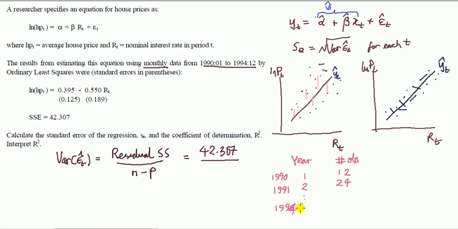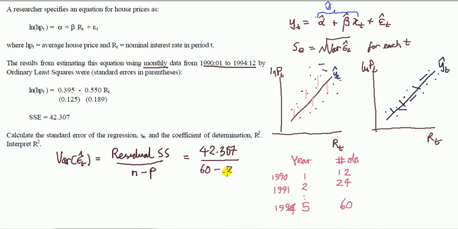So how many by the end time we've reached 1994? Well, it's easy. Some students just think it's 4 years between 1990 and 94, but it's not. It's 5 years. So the number of observations is 5 times 12, 60 observations. So here n is 60, minus the number of parameters in the mean part of the model,